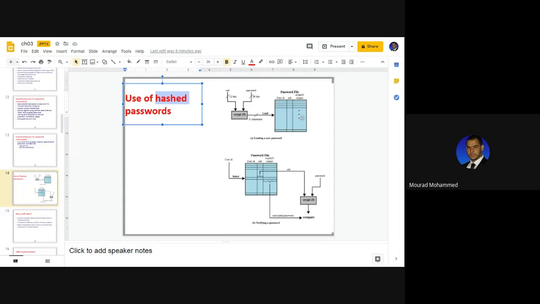Stored once and for all. Later on, once the user is trying to log into the system using the same credentials, what would happen? The system will search for the ID. He will find the ID. Then whatever password is submitted by the user would be recalculated using the salt assigned, and a hash would be extracted. If the hash generated matches the hash available, then access would be awarded. Otherwise, refusal.